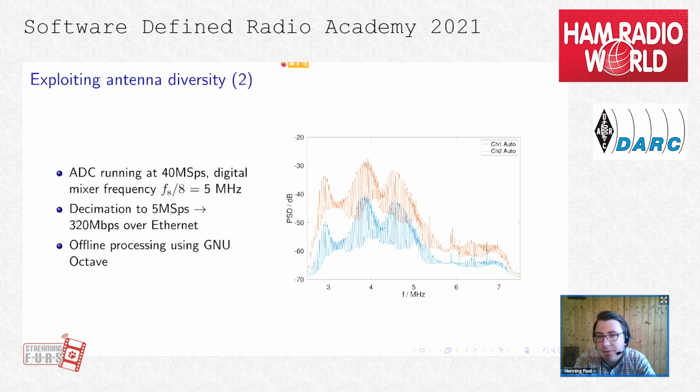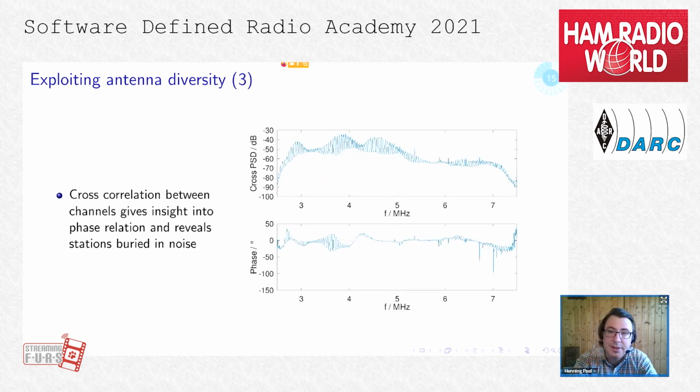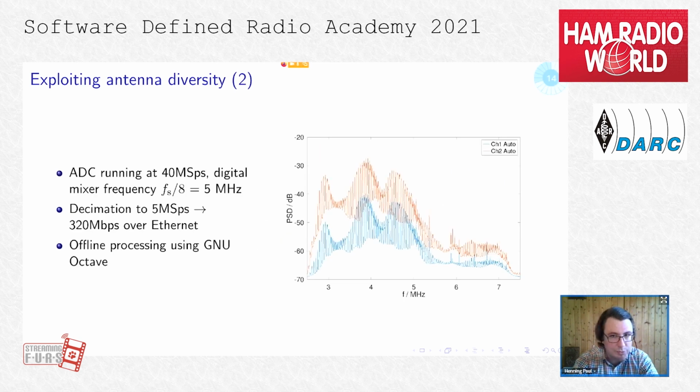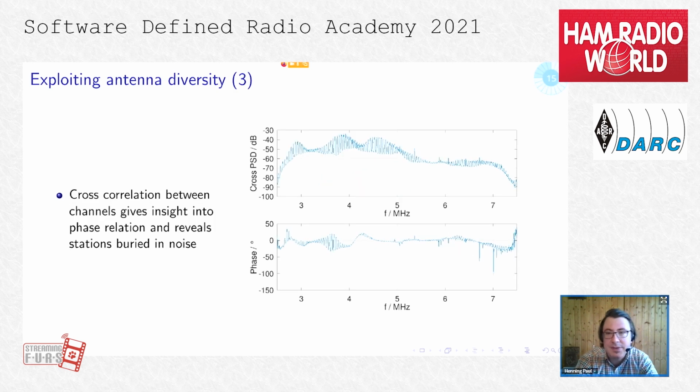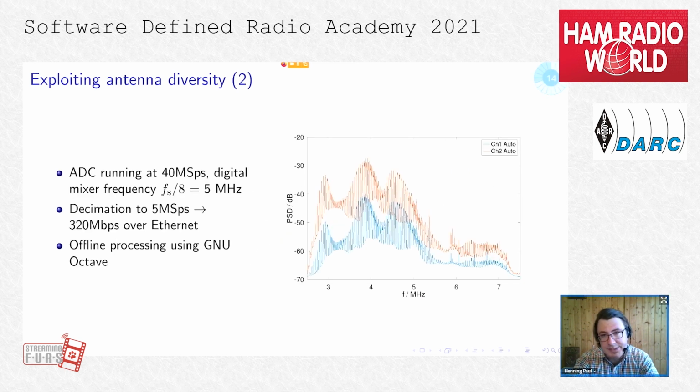And this is why we'll have a look at 40 meters on the next slide, on how the signal looks like. Before we zoom into the band, we will have a look at the cross correlation between these 2 signals of the 2 different channels. This figure here is the autocorrelation.